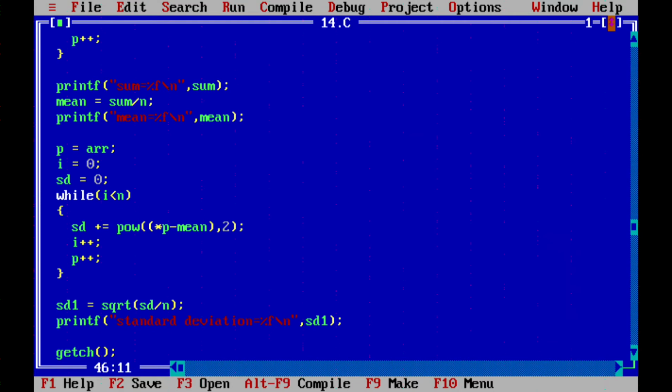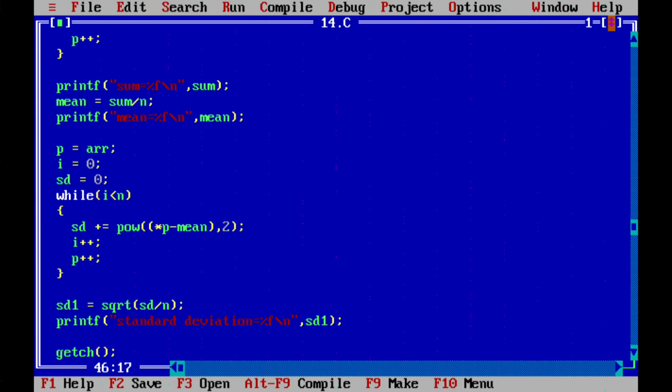Then what we are doing is we are getting the sum where each element of the array is subtracted with the mean and squared. So basically we are getting the sum of deviation. So this is the power. That's why we include math.h, because we are using pow.